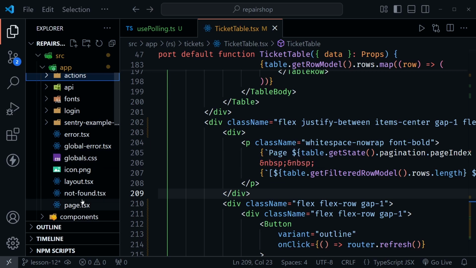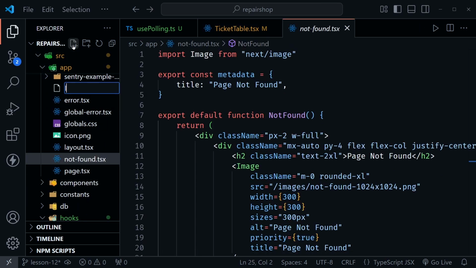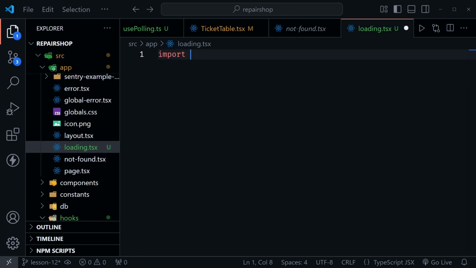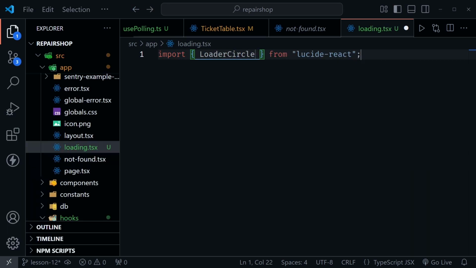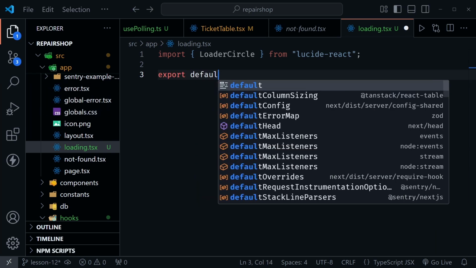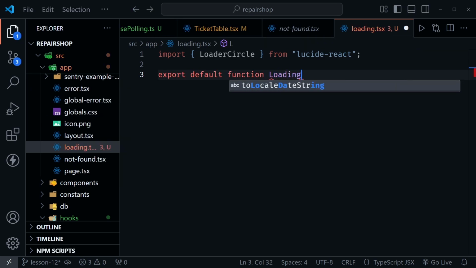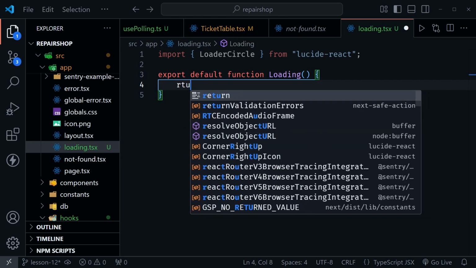So let's click on the notfound.tsx and then create another file here called loading.tsx. Inside this file, we're going to import LoaderCircle. That comes from Lucide React. After that, let's say export default function, and we can just call this Loading. After that, we will return